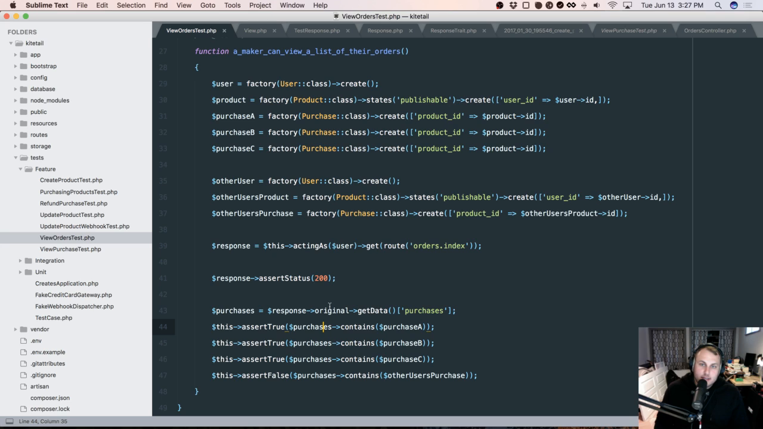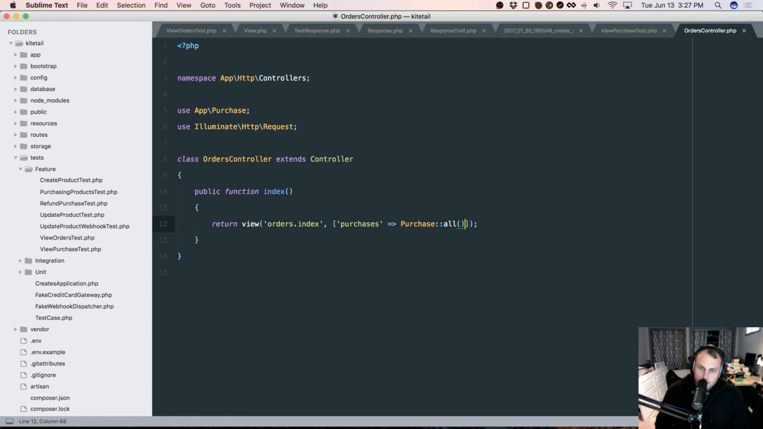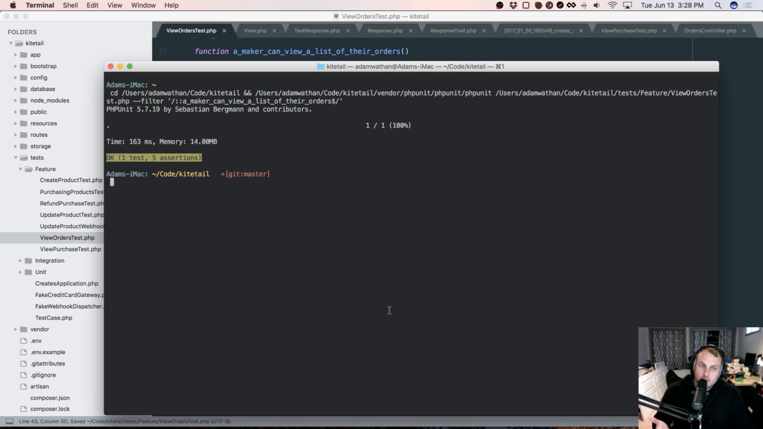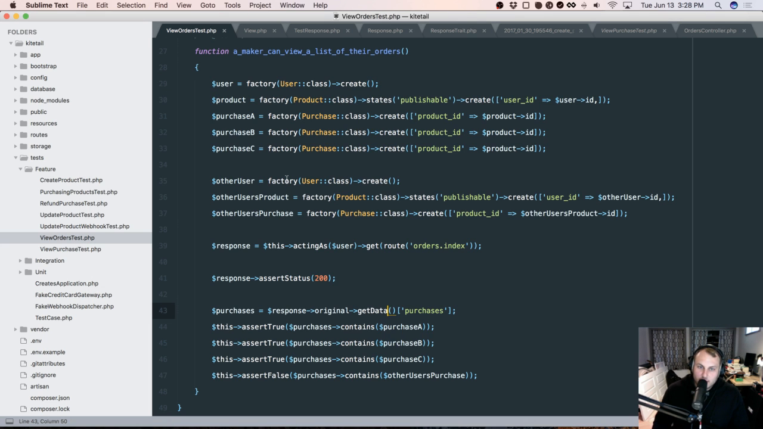Another reason that I don't like to do the thing where we create multiple purchases at the same time is because I really dislike setting up my tests in such a way that I can come up with another way to get it to pass that doesn't prove what I really want it to prove. And I'll show you an example. So say in our orders controller, instead of returning purchases all, we returned purchase take 3 get. So this is going to get the first 3 purchases from the system. All of a sudden, this is going to pass